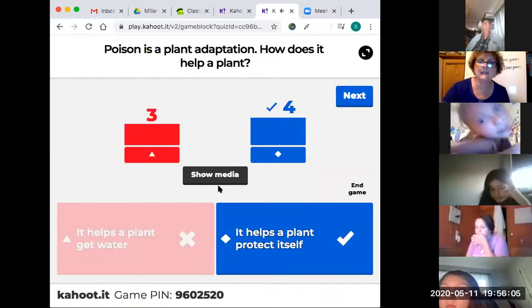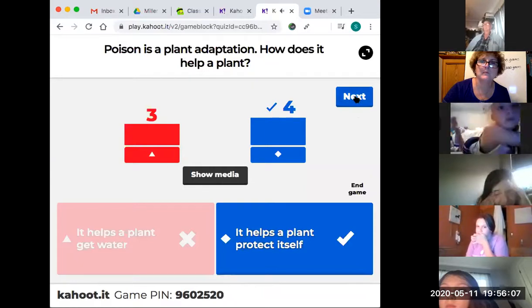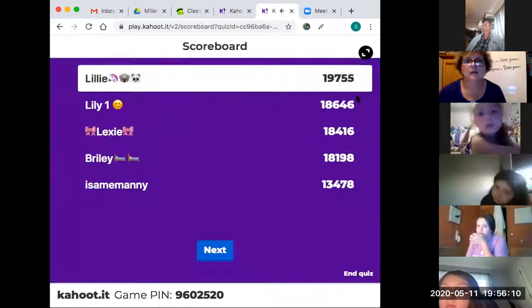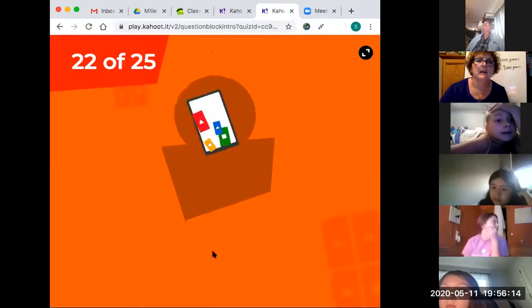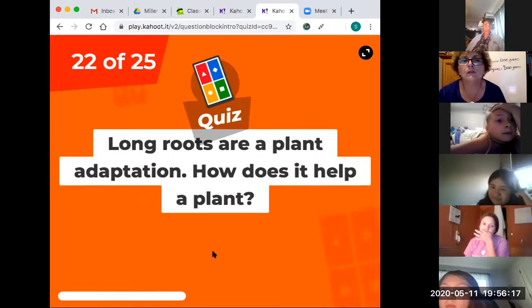It helps it protect itself. Good job. Okay. It's almost 8, and we still have Lily in the lead. Yep. 22. Long roots are a plant's